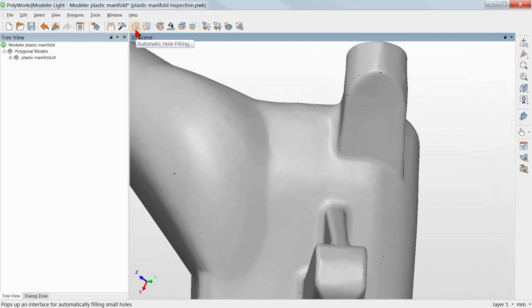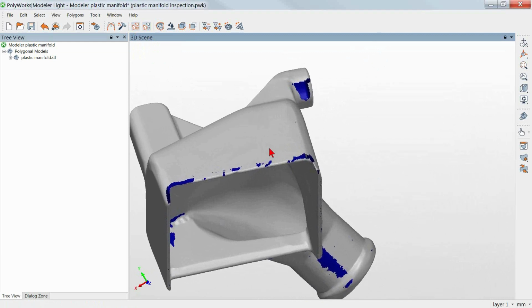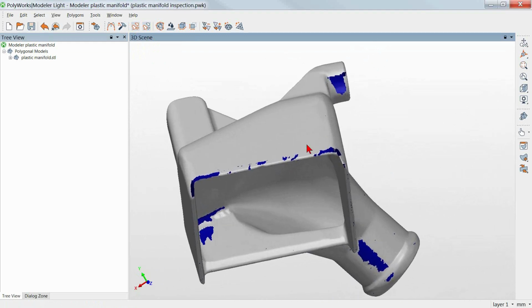Now, the next tools that are available for us would be hole filling. We have one that's an automatic hole filling, and we have an interactive hole filling. I want to skip the automatic one, and I'm just going to go to the manual one first, but let me rotate them all around and let you guys see where we have some holes in here. So this is a typical scenario where we've gone through and scanned a part, and let's say that the part is no longer available for us to go back and rescan the areas that we missed, or someone else is using the digitizing devices. So in this instance, we can actually use the hole filling command to go in and